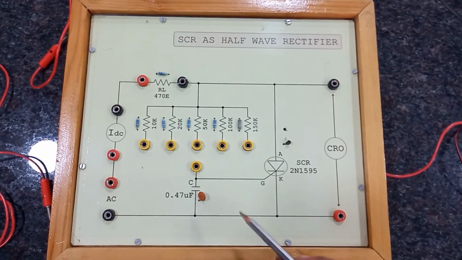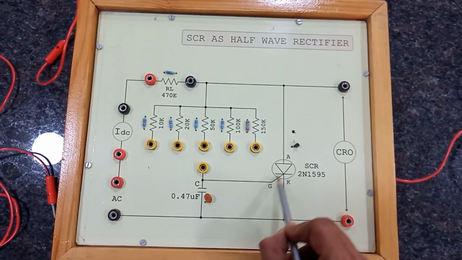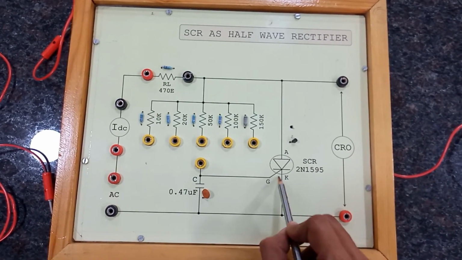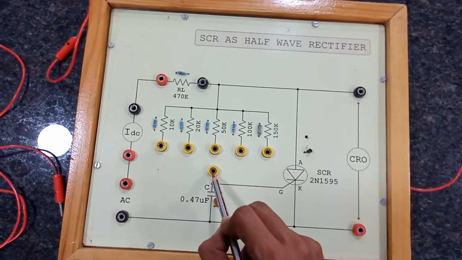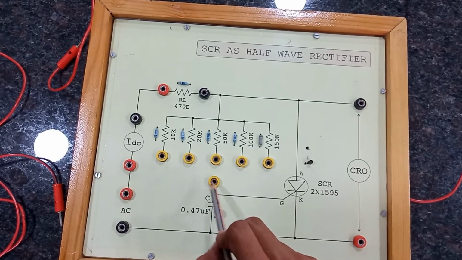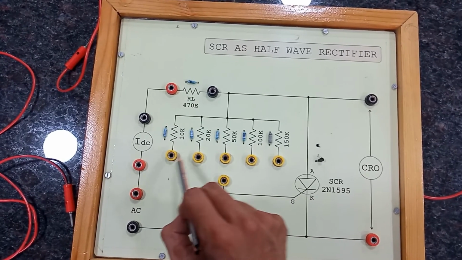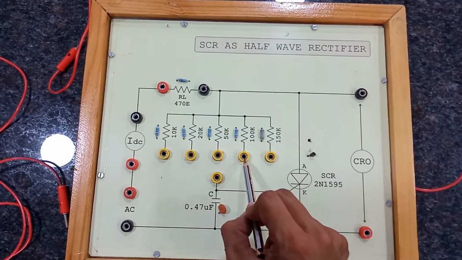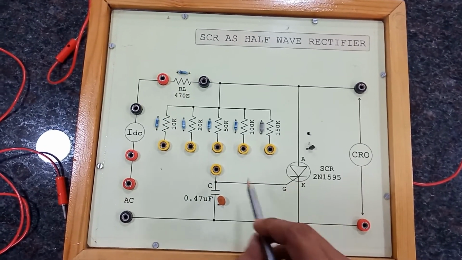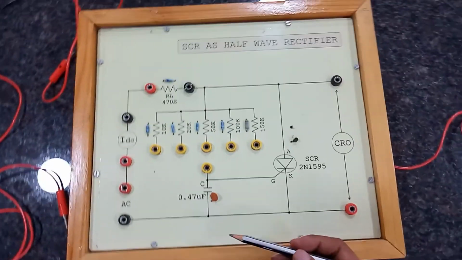of the SCR. As we know that SCR needs a small amount of gate current to conduct. For the operation of an SCR, small amount of gate current is required. This has been connected to a terminal, and this terminal will be connected to different value of resistors. This different value of resistors is selected in such a way in order to vary the amount of current flowing to the gate terminal, right? So we will connect each of it and we will try to measure the firing and conduction angle.